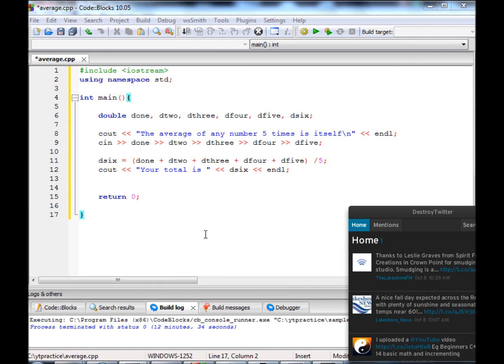Now, we got a good example of what the code did, and like I said, as a simple rundown of what happened with our coding, we made double variables and we just declared them all in the line here. We separated them by commas and ended them with a semicolon. Then we printed out the line, the average of any number 5 times. It was itself. And then at this point, all we wanted was a prompt for user input